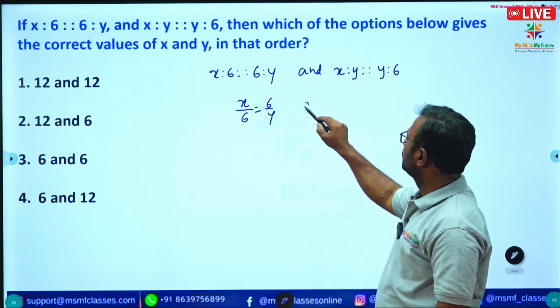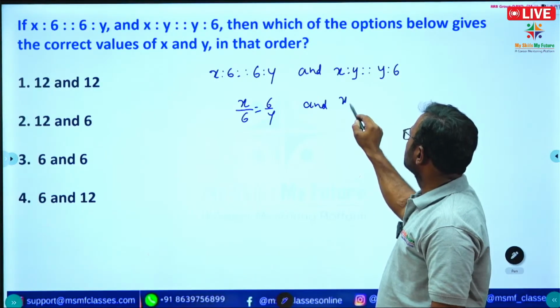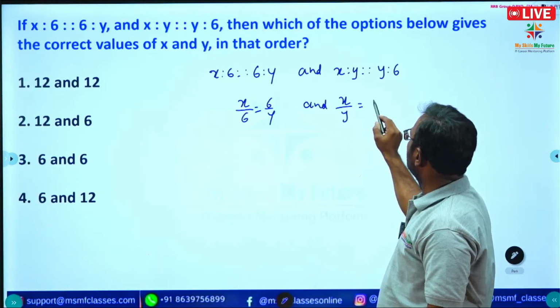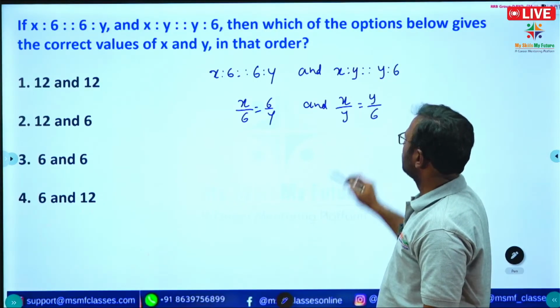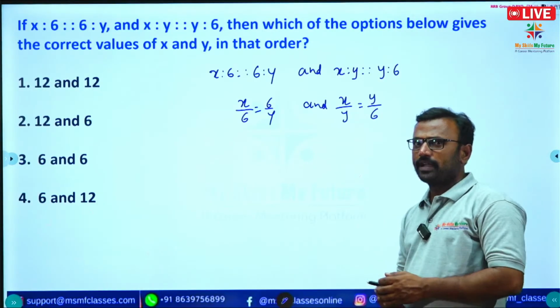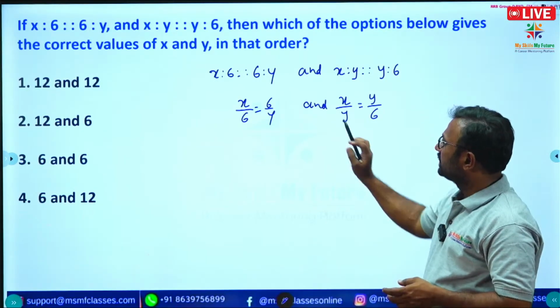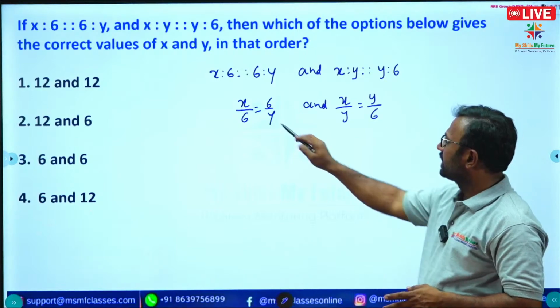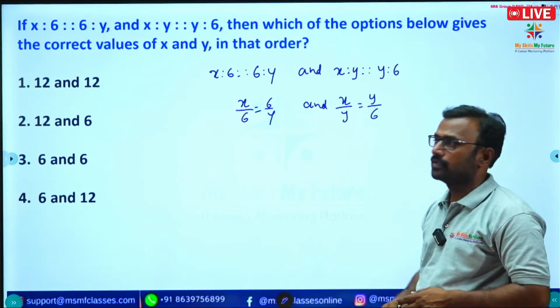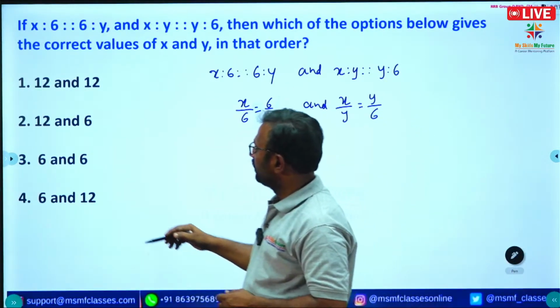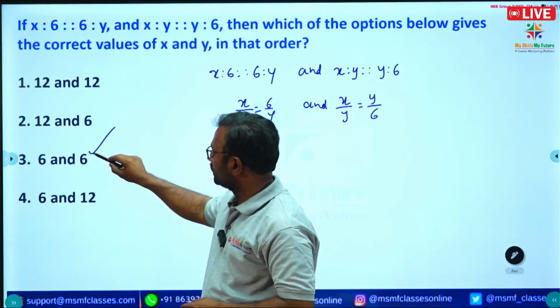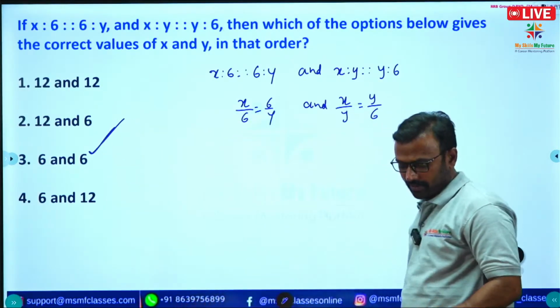And x by y is equal to y by 6. So no need to calculate the mathematical terms here. By seeing itself, we can say that x is equal to 6, y is equal to 6. Okay, so x and y are 6 and 6. Option 3 itself is correct. Okay, right. Next,